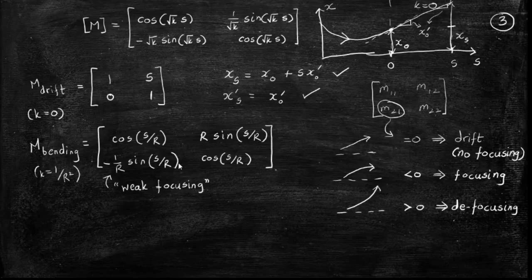Sine of S by R will be of order of magnitude 1, because it is a sine. But 1 by R itself will be very small. So you will not get really sharp focusing. It is weak focusing, which was very prominent in old accelerators, before quadrupoles and alternate gradient focusing were developed. This was the conventional focusing in accelerators, but it is quite weak. It is a well-known experimental fact that bending magnets do focus, but not very well, and this expression confirms that because there is a 1 by R sitting there.